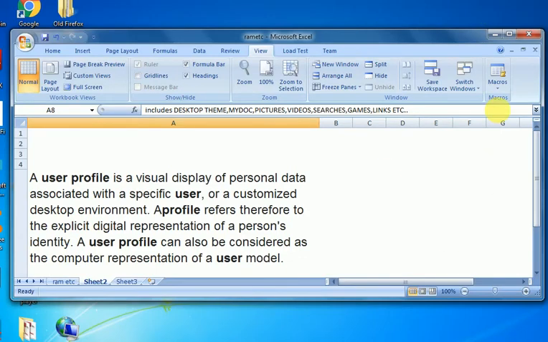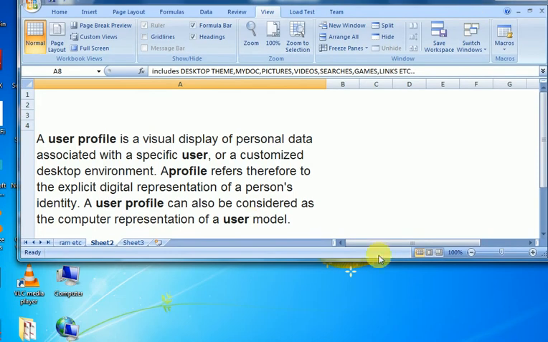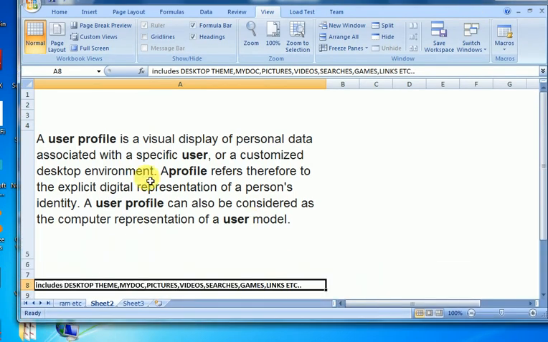A user profile is a visual display of personal data associated with a specific user or a customized desktop environment. A profile therefore refers to an explicit digital representation of a person's identity. A user profile can also be considered as the computer representation of a user model. That is,